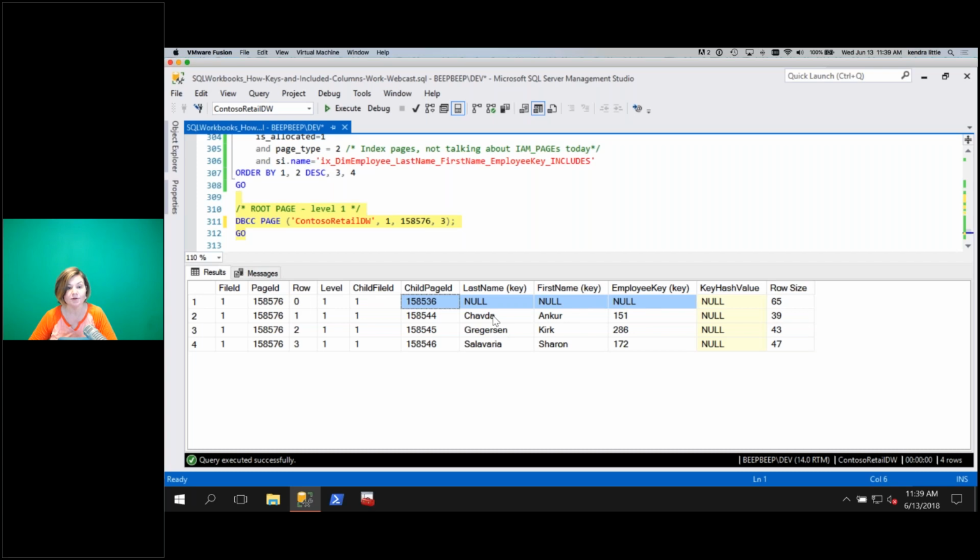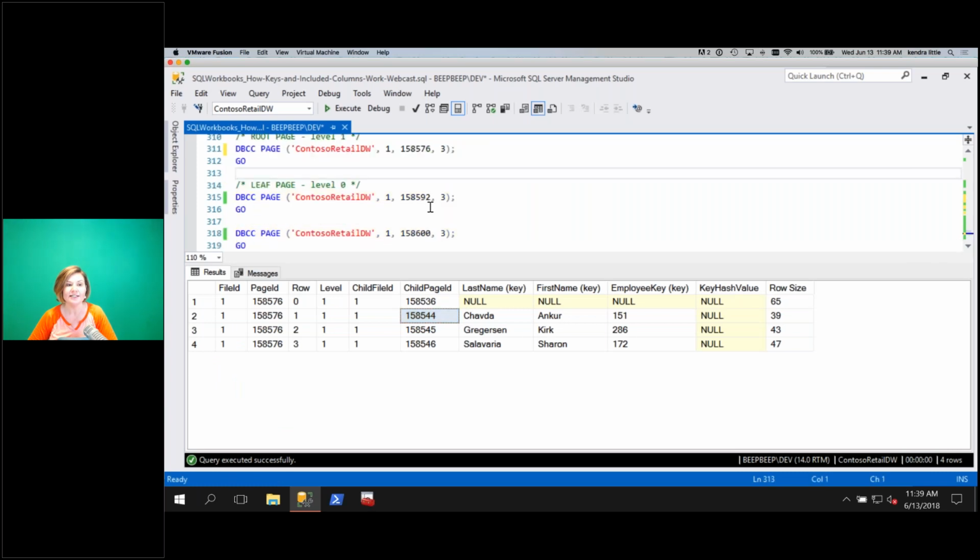These are still guideposts. If I go in and change Chavda and move it on the leaf level, it doesn't necessarily have to go update it on the root page. It's going to be smart about that. We can grab the child page IDs, and let's just see how many rows are on these pages. Grab our 44, 45,